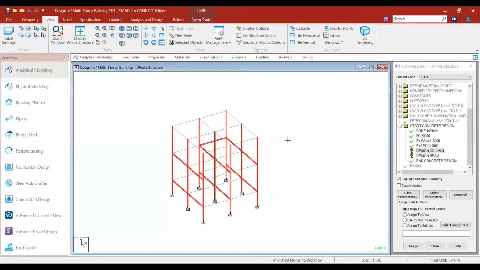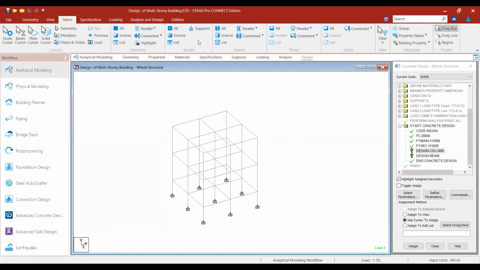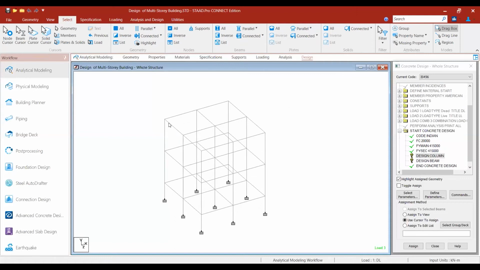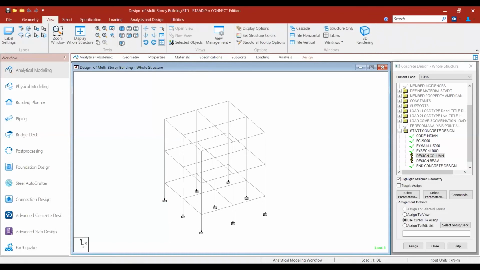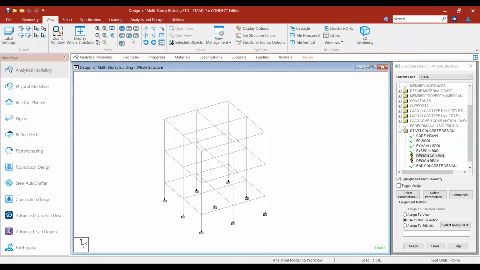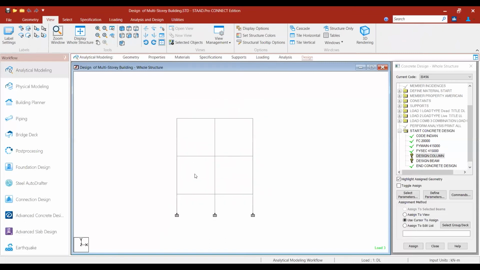Beams are also selected, but you can use the other method also: directly go to the front view and select the columns.